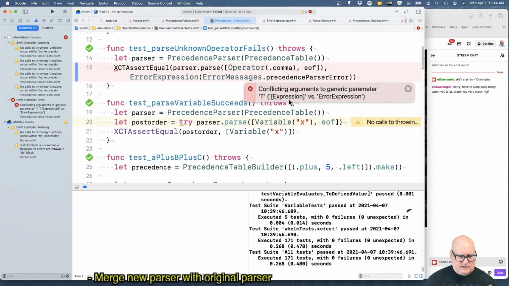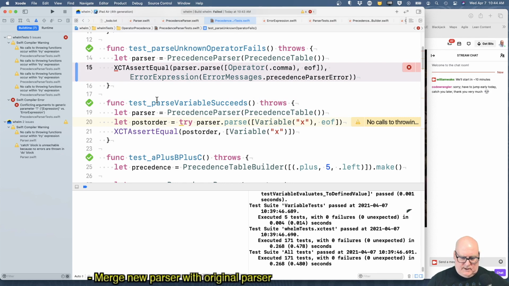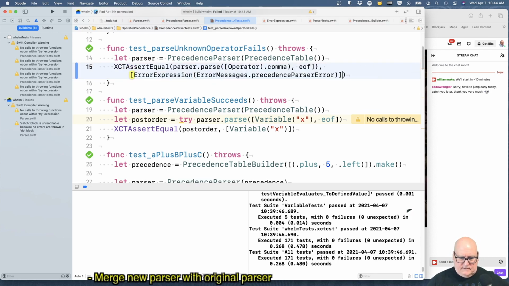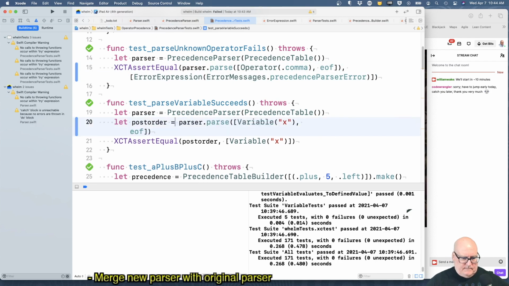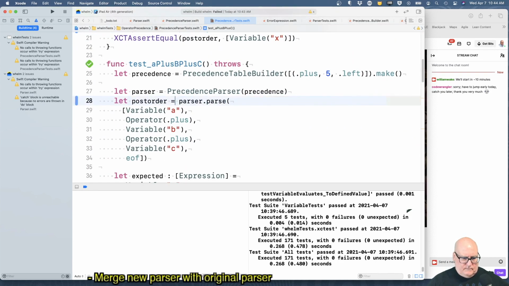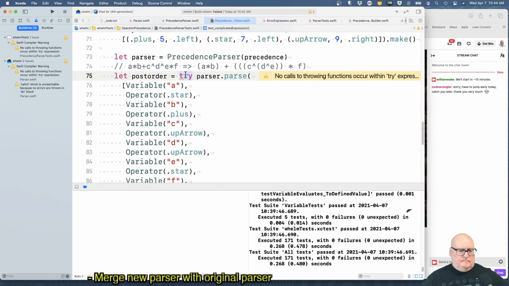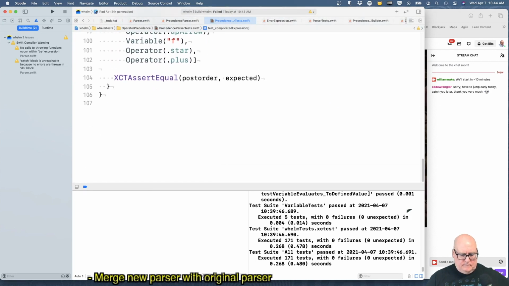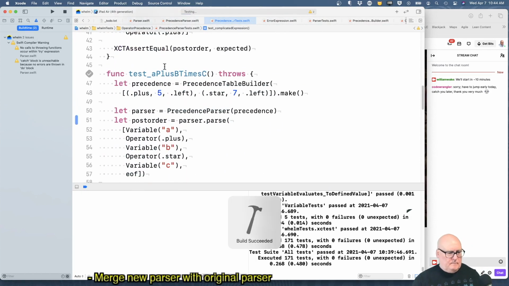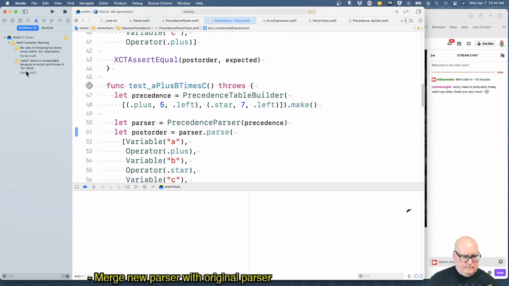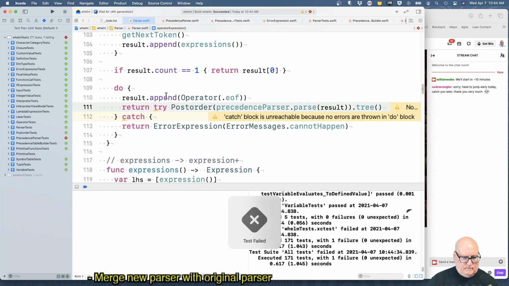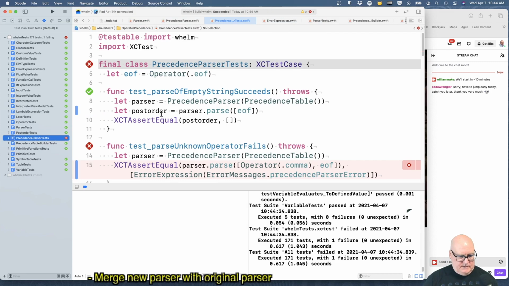Generic parameter expression versus error expression. Parser.parse. Oh, it wants an array of stuff. Let's see these.